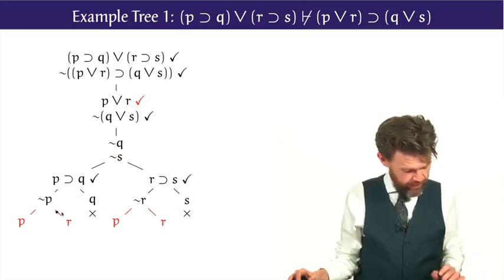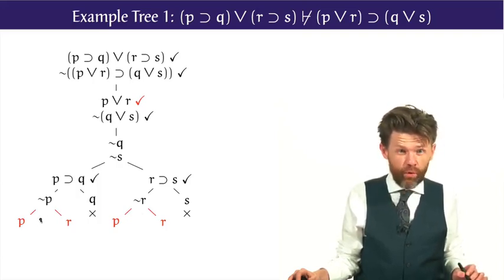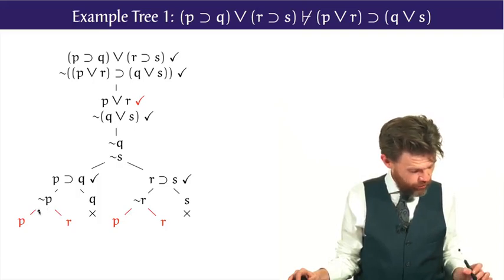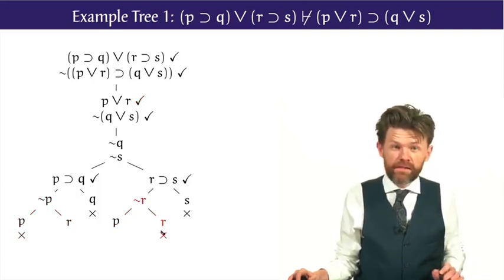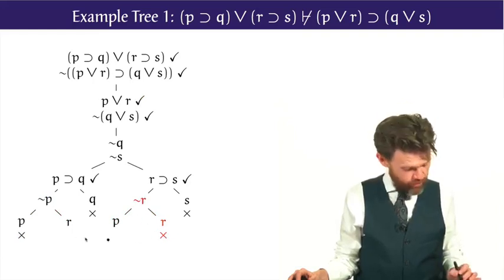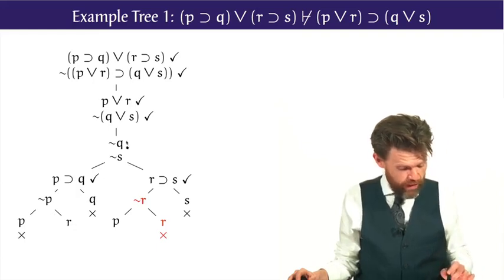I've got to add them only to the open branches that I've got left, and now we can see we've got some more closing happening. I've got a P and a not P, so I'll close those two, and I've got an R and a not R, so I'll close those two. But what I've got left is two branches now where if I trace all the way back up